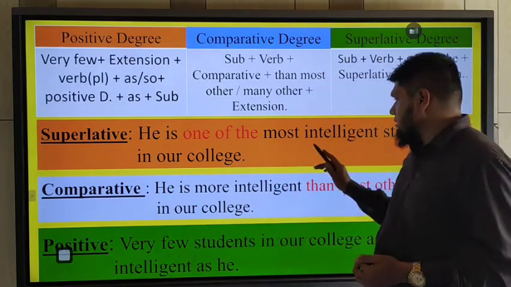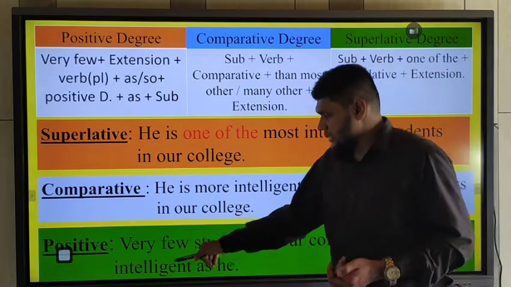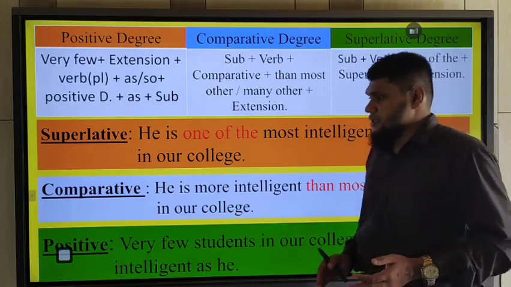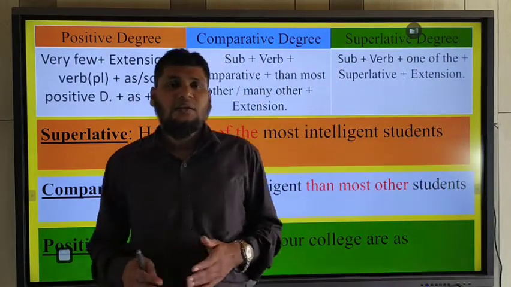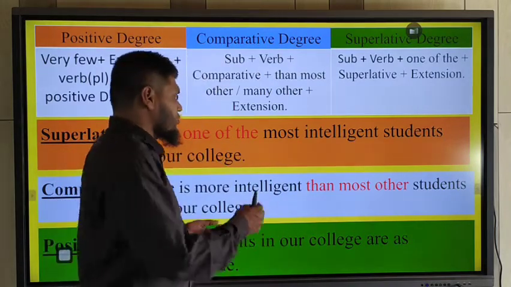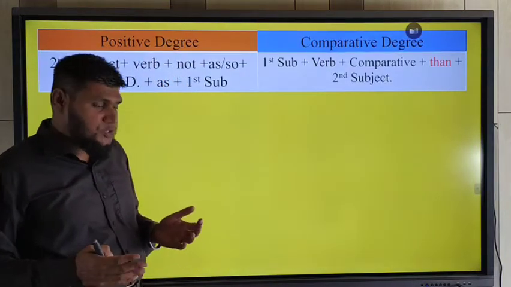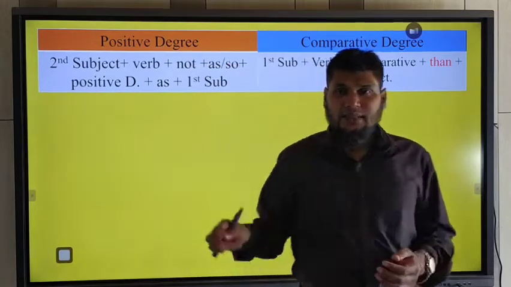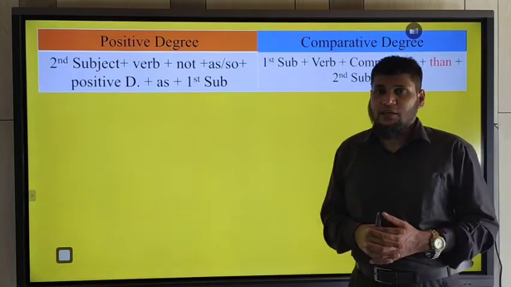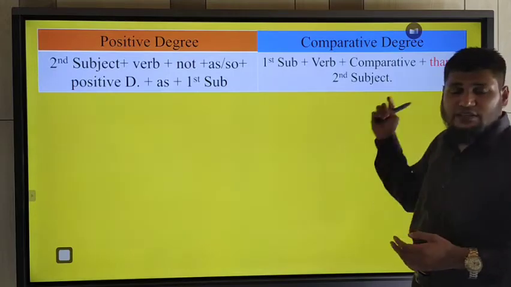So positive degree. You know that intelligent, more intelligent, most intelligent. So here you should use intelligent, and then you should use "as" again. In this way, you will be able to sense degree easily. Understand? Now we'll practice the next one. Next rule. Between two things, this degree will happen: comparative and positive degree. So if you have found a comparative degree using only "than",